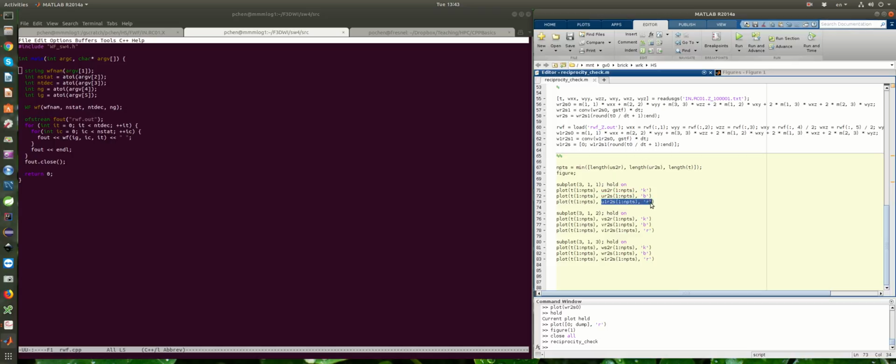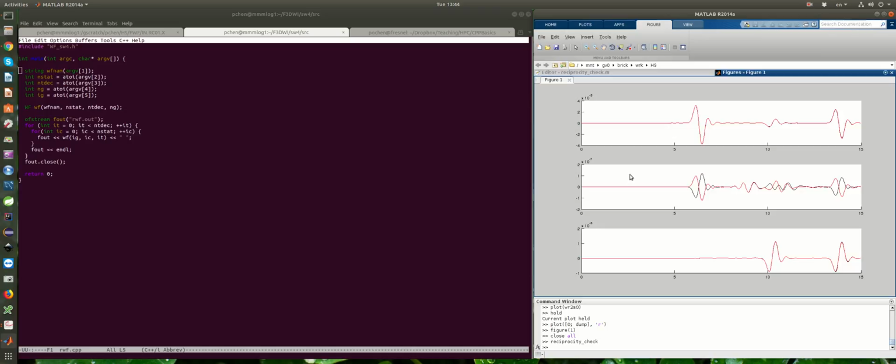If my strain calculation is identical to the strain calculation of SW4, then these two things are supposed to be identical. So I'm not supposed to see any blue curves. The red curve is supposed to be on top of the blue curve. And then the black curve is from the forward simulation, from the source to receiver. Both red and blue curves are from the calculation using the Green's tensors. So you don't see any blue curves here, which means my strain calculation is identical to the strain calculation of SW4,